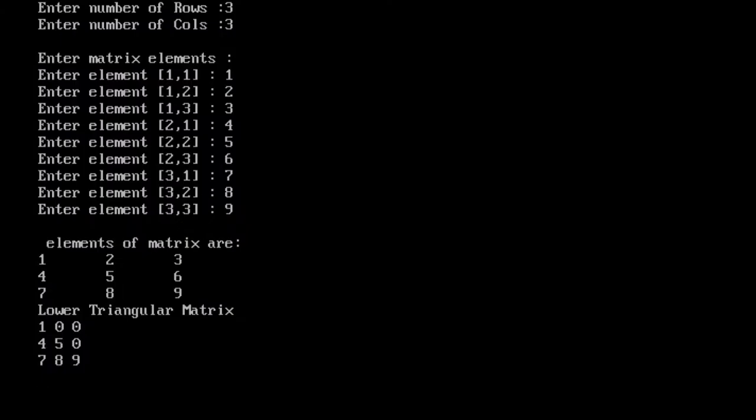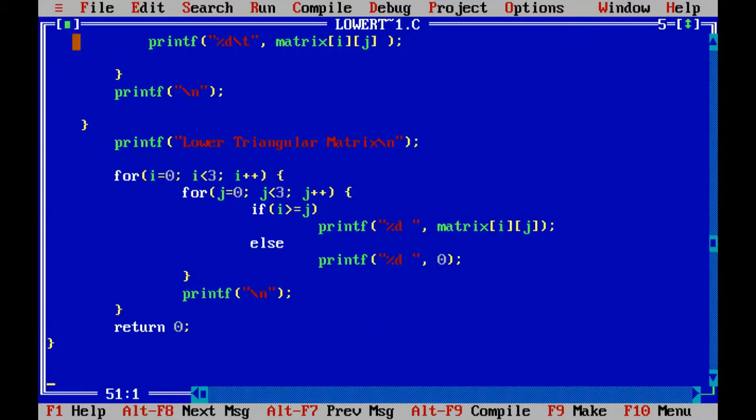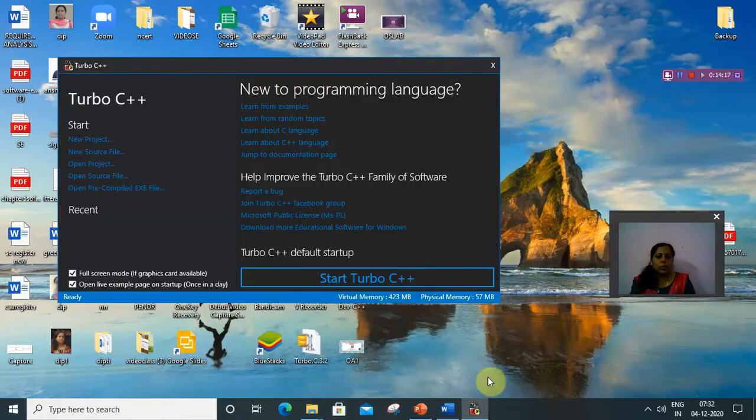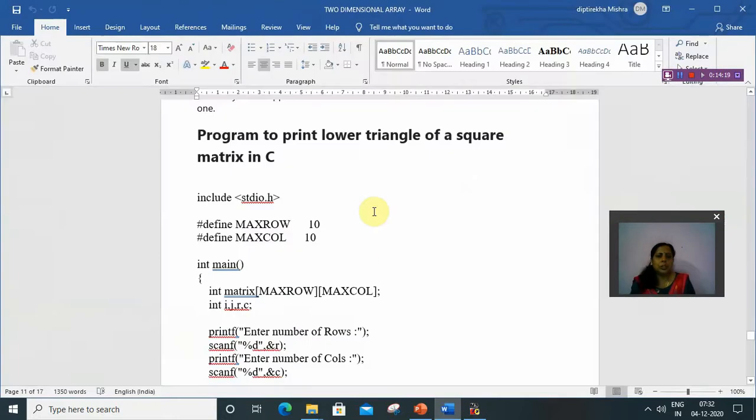First it will display the matrix elements, then it will display the lower triangular matrix. The lower triangular elements are displayed and the other elements are displayed with 0 value. So this is the program for the lower triangular square matrix.